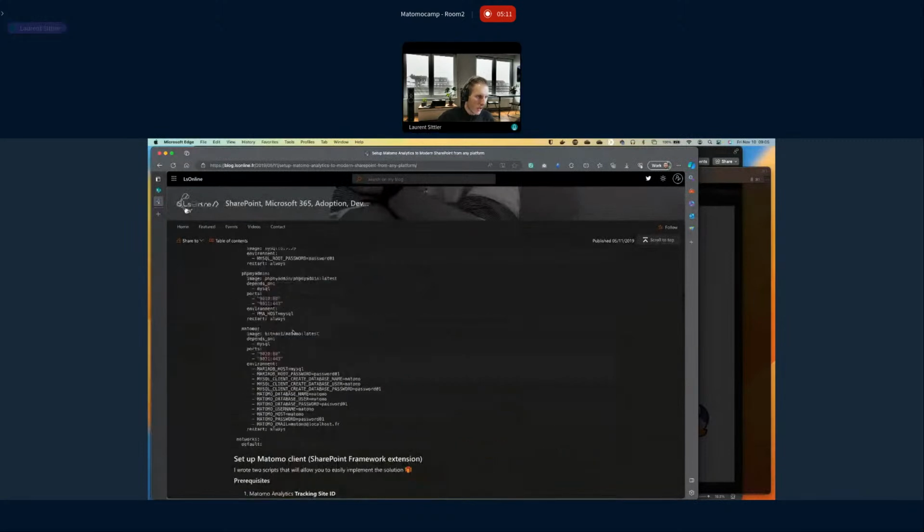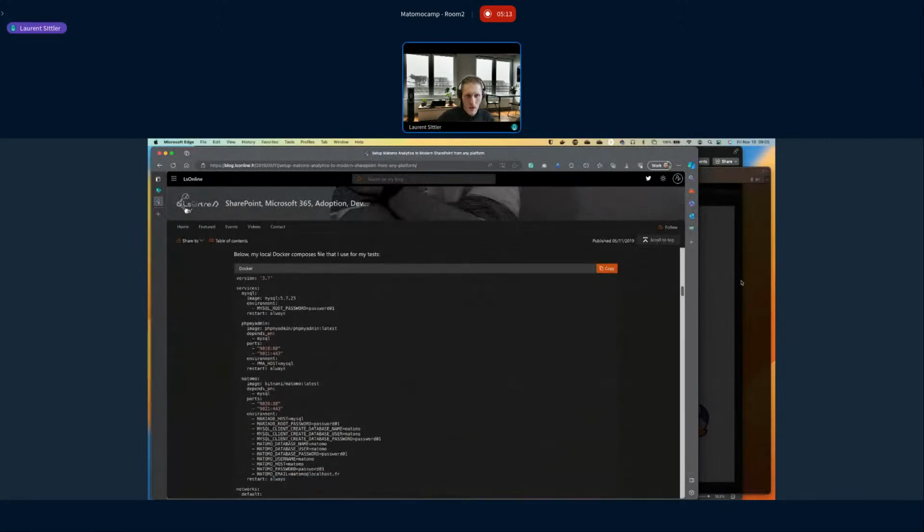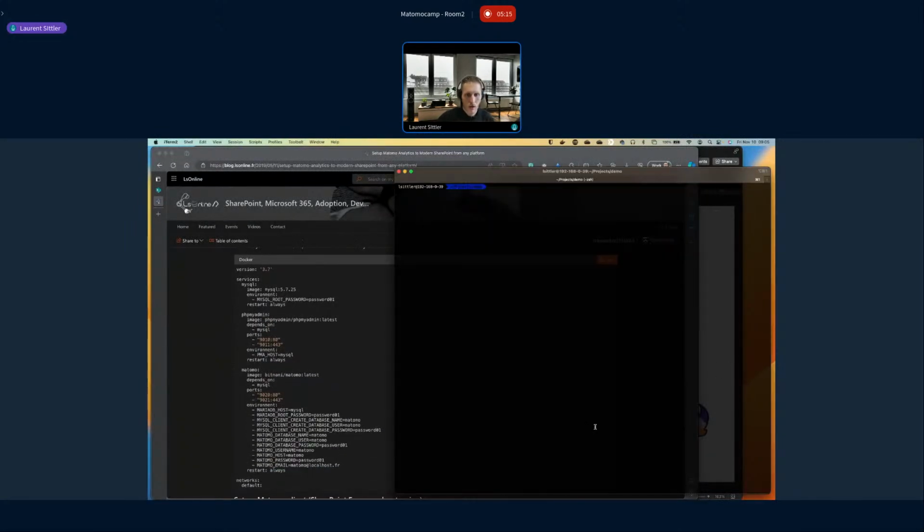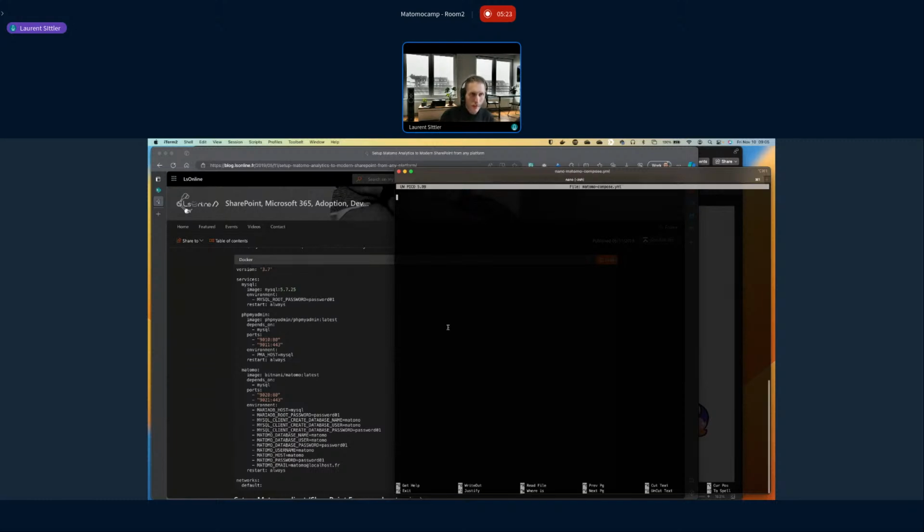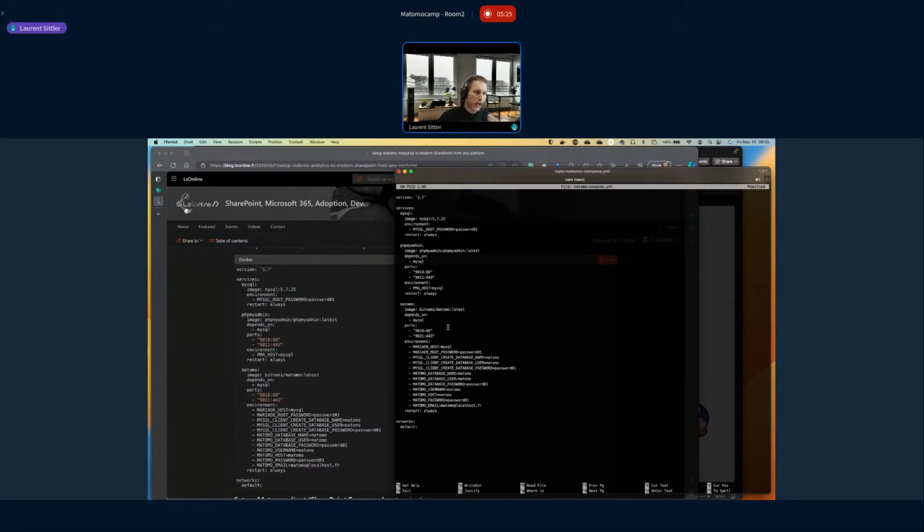And to be able to deploy the package on your own environment. So first of all, I will take my own Docker Compose and create it directly. So matomocompose.yaml, paste. I will change some configuration, because this is quite an old post, so some things have changed until this version.